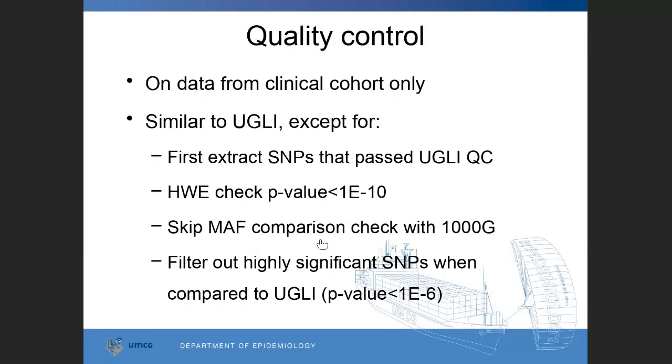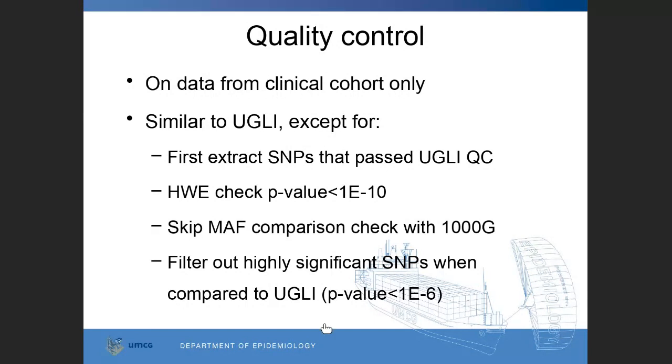1,000 genomes to see if there's the minor allele frequency in your cohort should not be that different from the Caucasians in the 1,000 genomes, because with the same ethnicity. But of course, if in the clinical cohort you're interested in differences with controls, it could be that a SNP has a different frequency in your cases because it's a case cohort. So we skipped this check